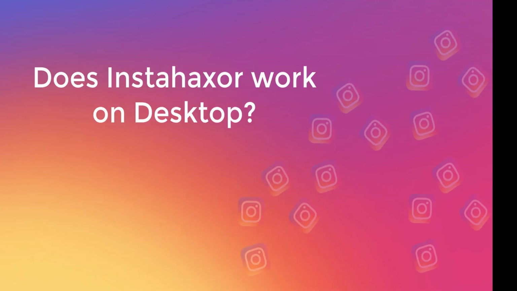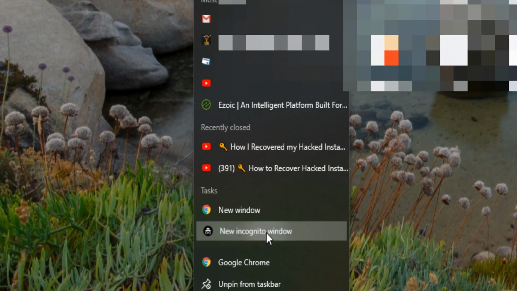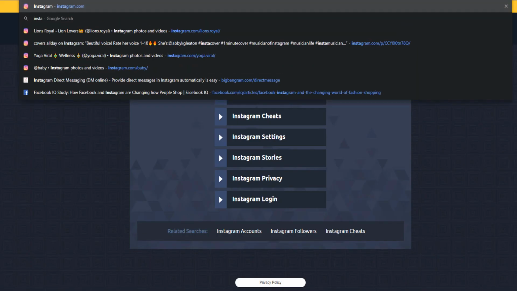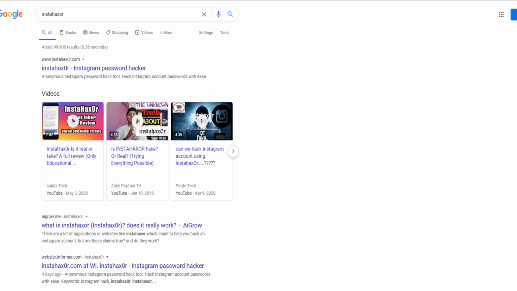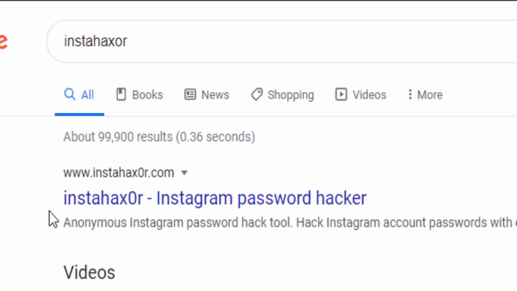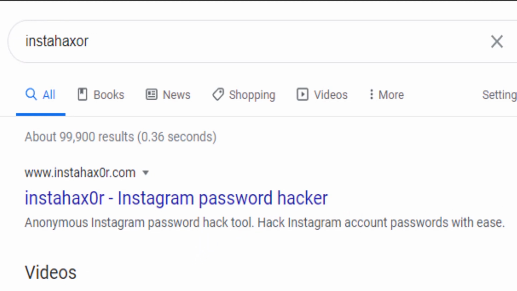So to open it, I will first open a private window in Google Chrome. Search on Google InstaHax0r. Okay, it says instahaxor.com. Anonymous Instagram account password hack tool. Hack Instagram account with ease.